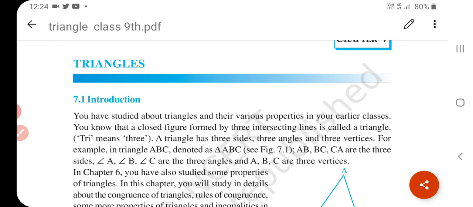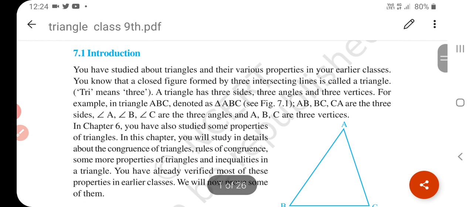Students, in our previous video we learned about triangles. What is a triangle? A three-sided closed figure is called a triangle. And when we talk about a triangle, it's classified into two parts: according to its length and according to the measure of their angles. According to length, they are classified into three parts, that is scalene, isosceles and equilateral, and according to the measure of their angles, it is classified again into three parts, that is acute angle triangle, obtuse angle triangle and right angle triangle.